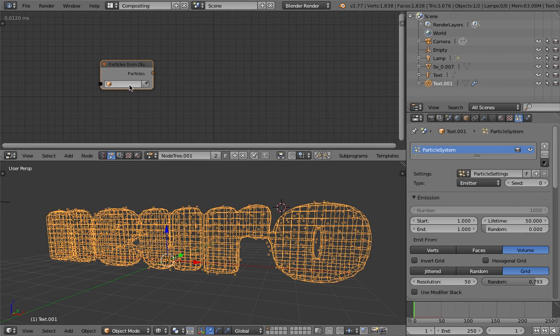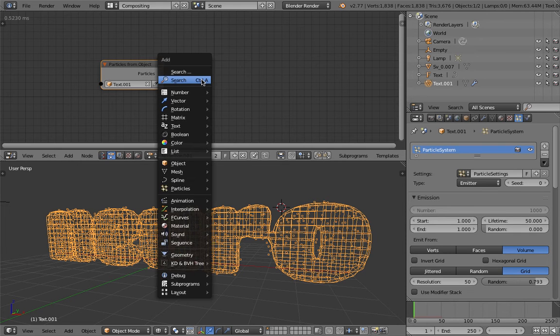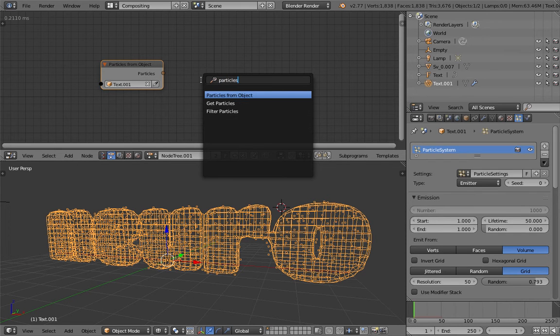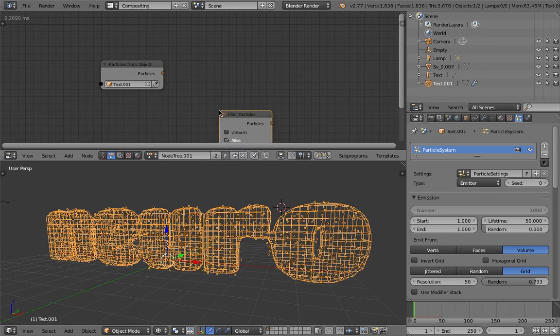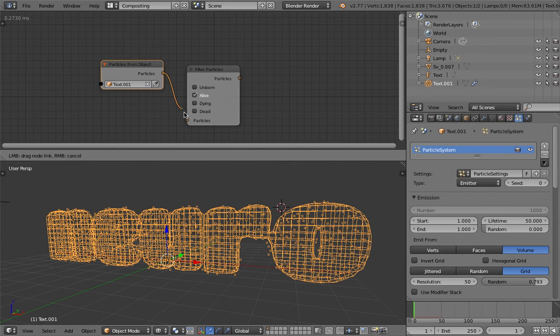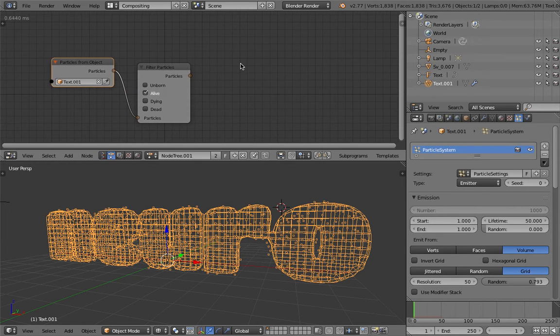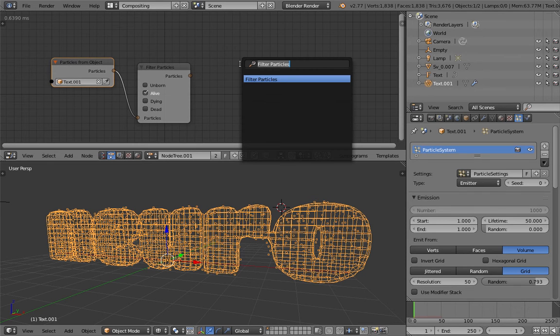I always start from scratch, but normally it's a good idea to save the node tree and reuse it to save time. So this is getting the particles from that object, and you want to filter the particles, get just the alive particles, and then